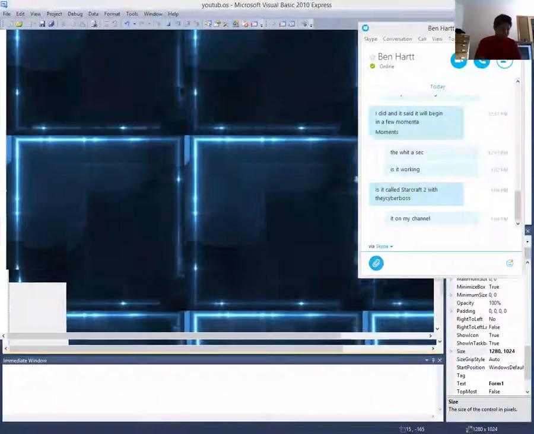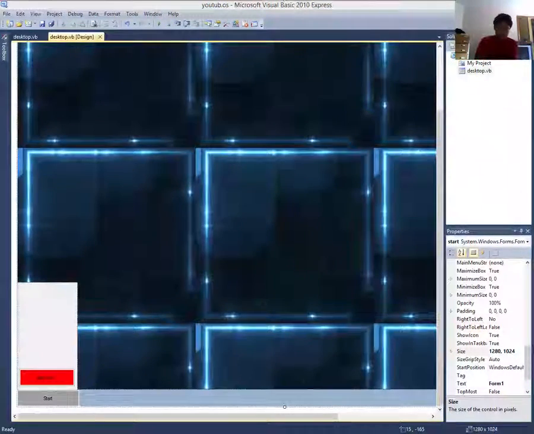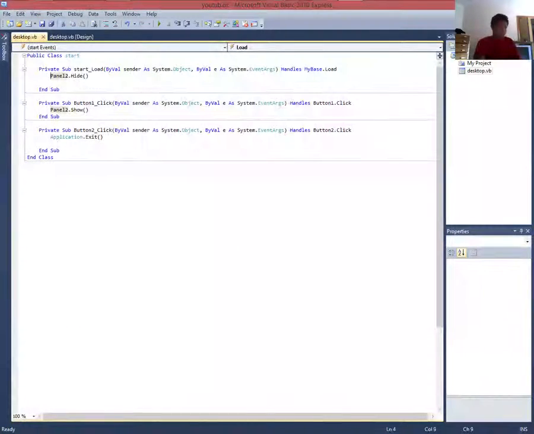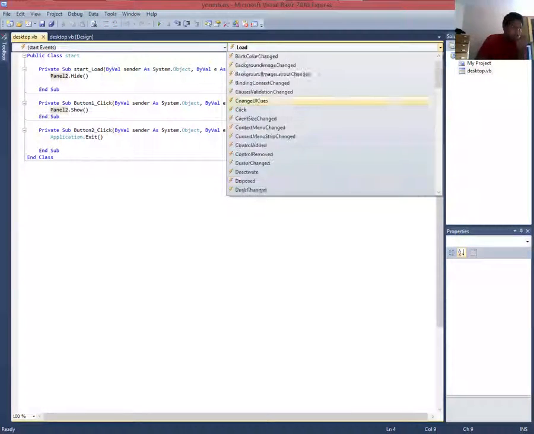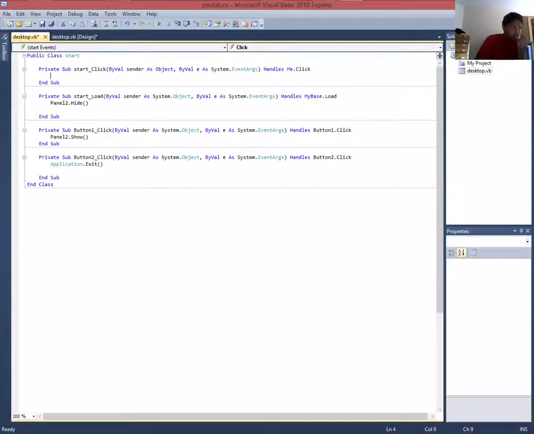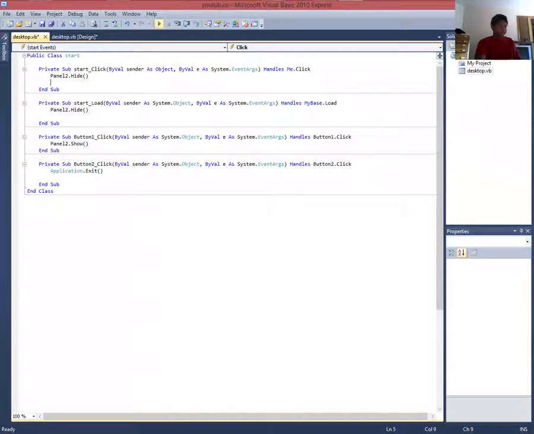You can come over here. I got that. You hit start, brings up the start menu. Yeah, exit out of that. I just got rid of that, guys. So now we just need to go in here. So we need to do load. We need to do a click feature. Click, unclick, panel 2 dot hide. So now if we run this,